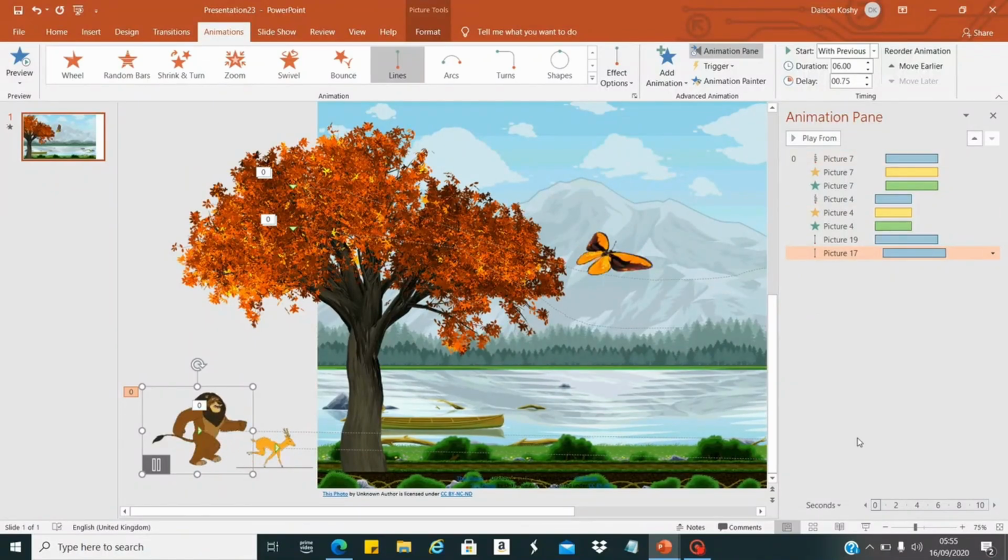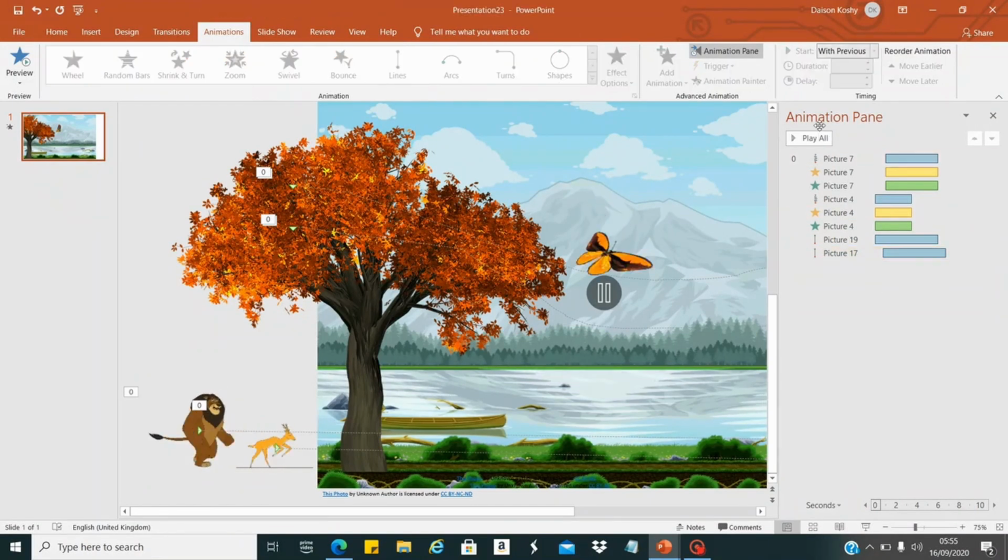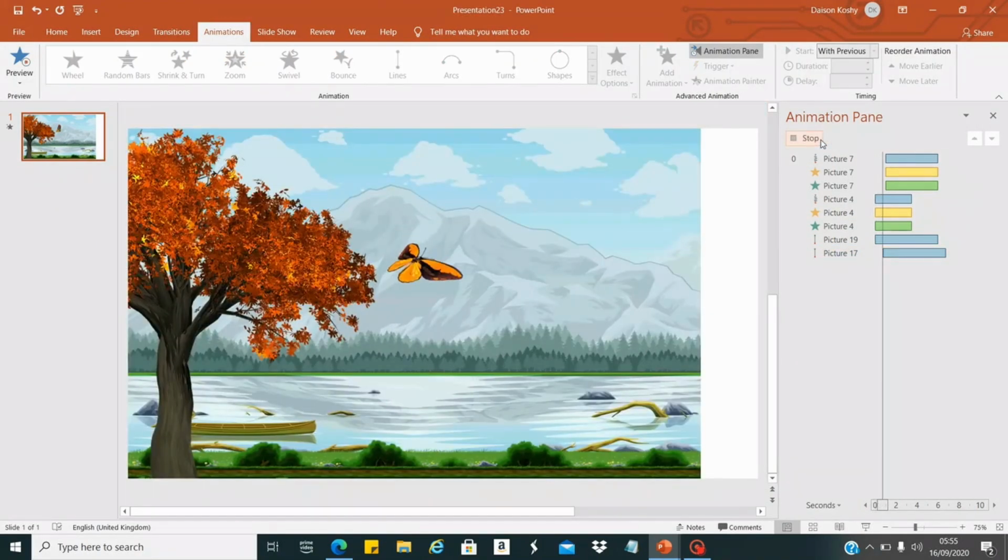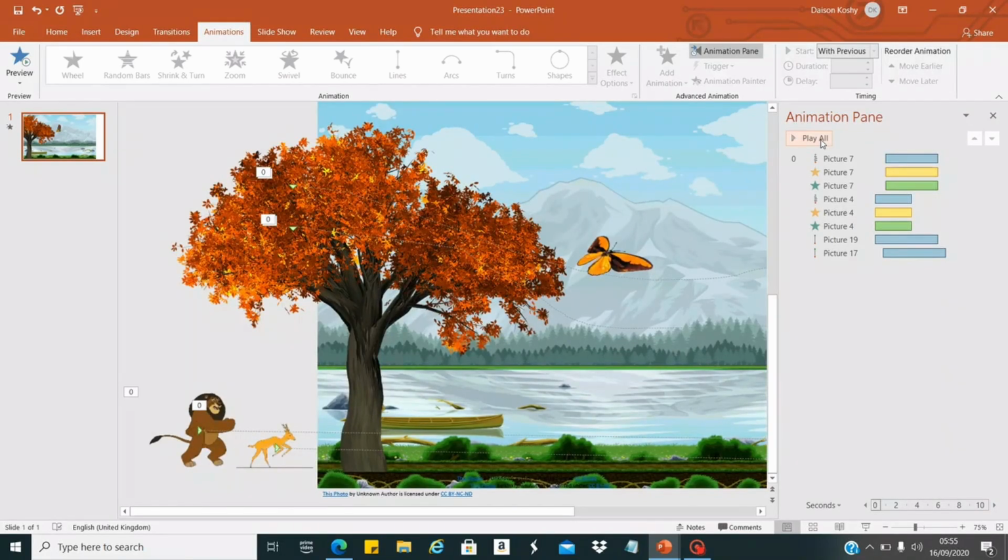We will feel that it will chase the deer. Once you click this, select outside and just play all. You can see now the lion is chasing the deer. So this is how you can create animation in PowerPoint.